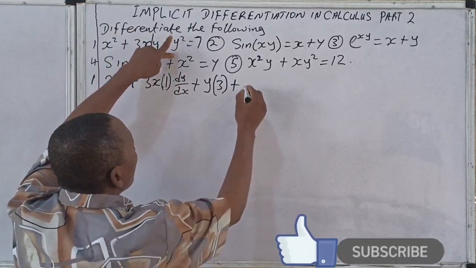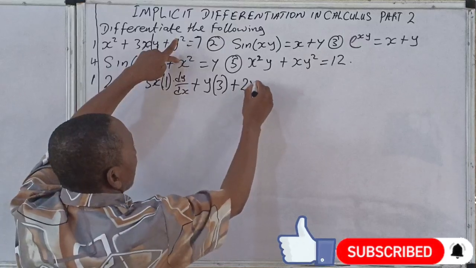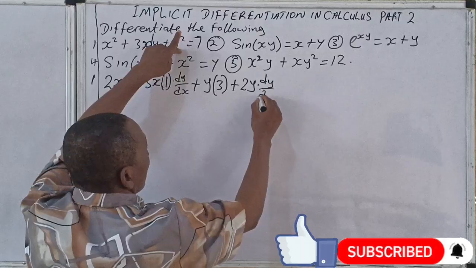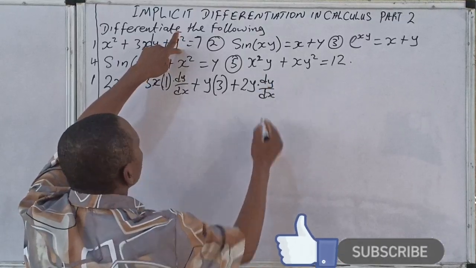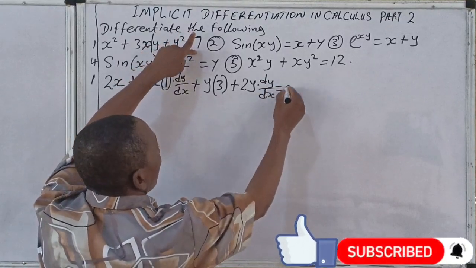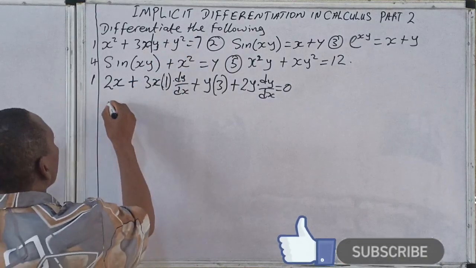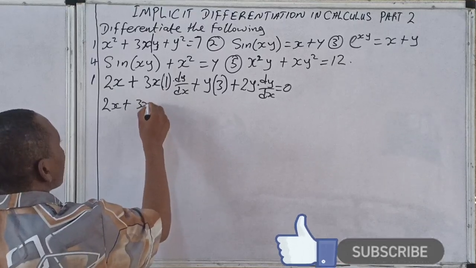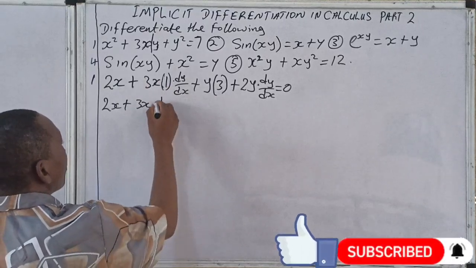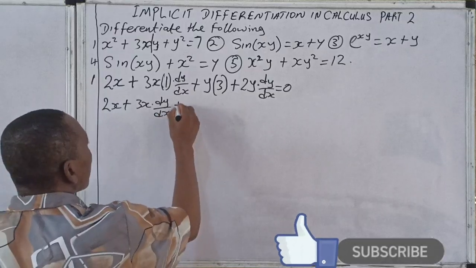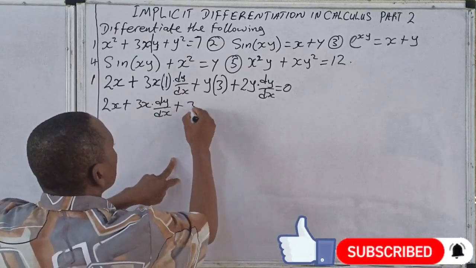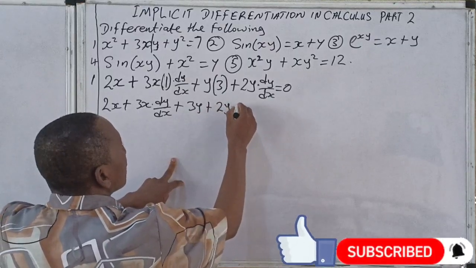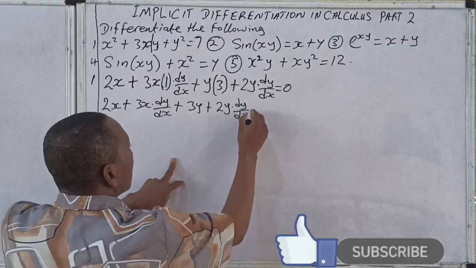Plus, if you differentiate y squared, you have what? 2y. Whenever you differentiate y, you have to multiply by dy/dx. Okay? And if you differentiate 7, you have 0. So let's rearrange this. You now have 2x plus 3x. If you use 1 to multiply, you have the same thing, dy/dx, plus 3y. If you use 3 to multiply y, you have 3y, plus 2y dy/dx is equal to